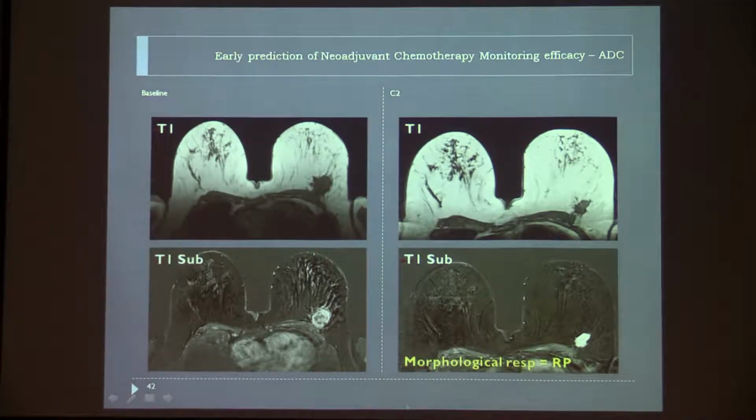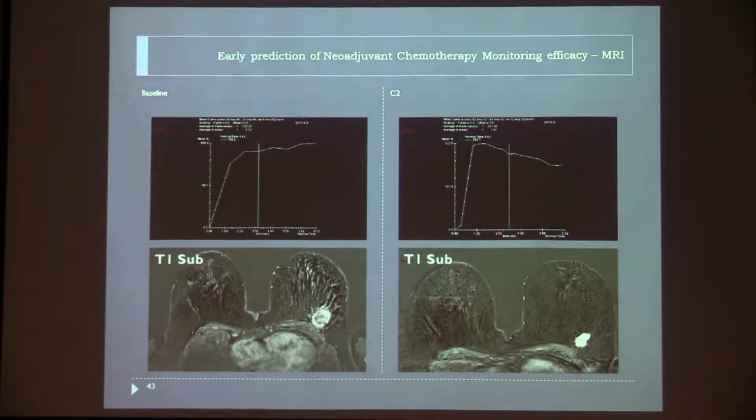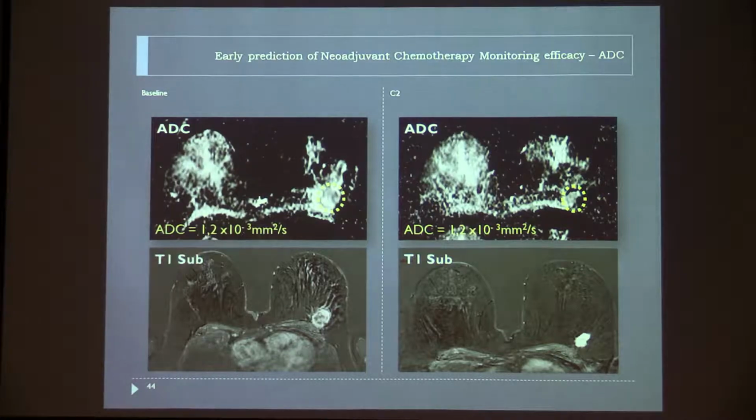If you look at another example, in this same configuration, you have a large tumor before treatment. After 2 cycles of the treatment, the tumor shrinks a little bit, so there is a morphological response, but as you can see, the enhancement is much higher than before, and the curves change. We start from a progressive curve, and then we now have a washout, which is not a good sign. And if you look at the diffusion, the images are poor quality, but it shows that the ADC doesn't change before and after treatment. So the cell density doesn't change, so this is not a good response. You can warn the clinician and say this patient is not going to have a good response.